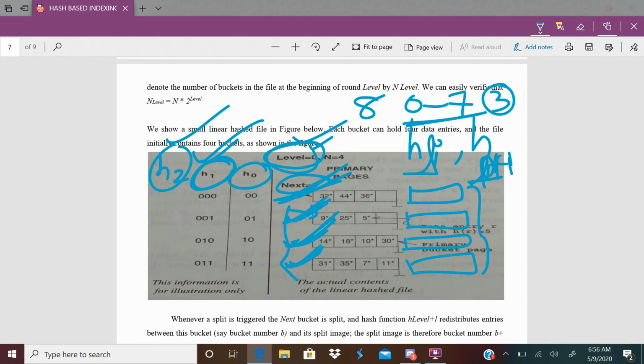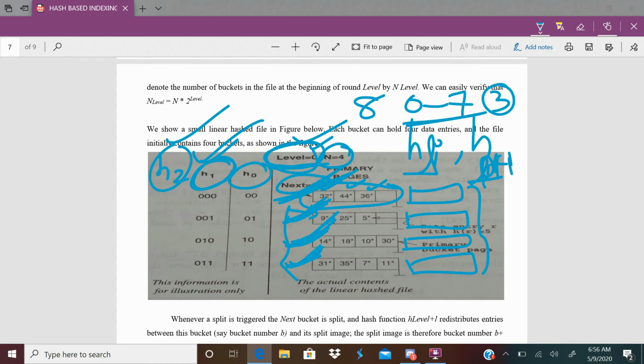Now coming to the example, keep in mind these points for understanding the diagrams. Observe carefully. What is the level now? The level is 0, meaning initially, and N equal to 4 indicates 4 buckets, numbered 0, 1, 2, 3. Here the 0th bucket has some index records: 32, 44, 36.